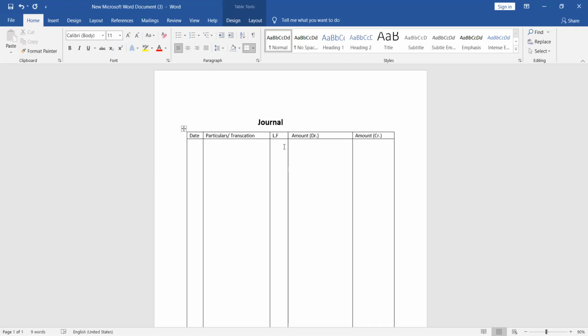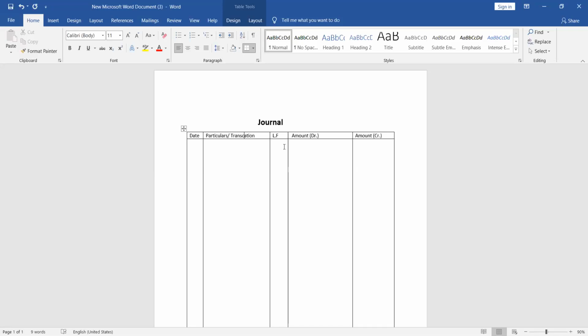Suppose you have put the ledger folio number 3. You immediately can open the ledger page number 3 where you can see this entry is posted. Suppose page number 103. So 103 is mentioned over here in front of entry. Against the entry, you write the page number. Immediately, you can open your ledger account and you can see whether you have posted this entry in the ledger account on page number 103 or not, or it is correct or incorrect.